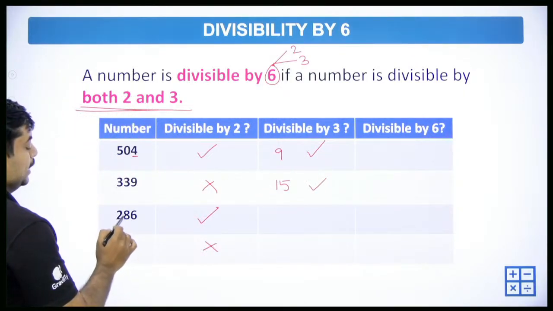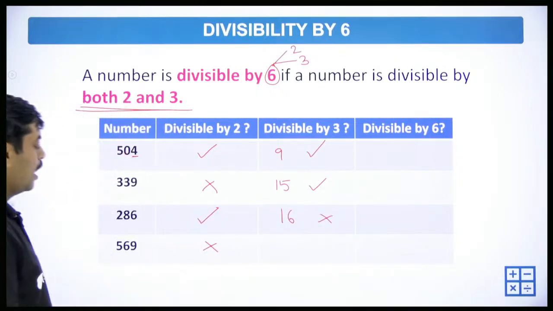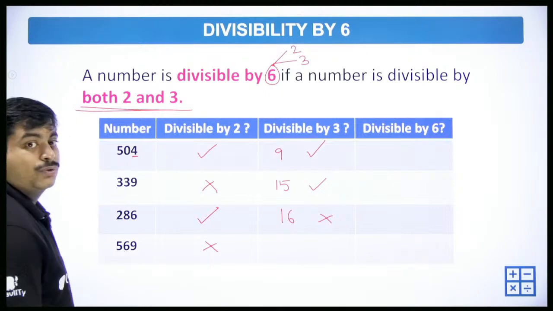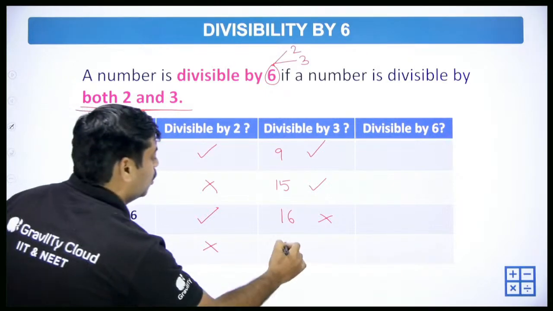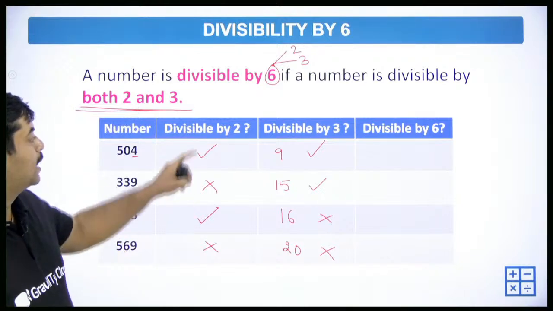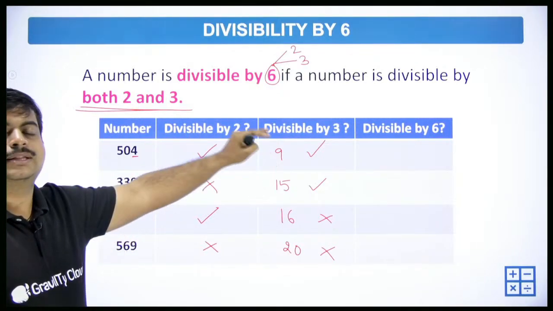2 plus 8, 10. 10 plus 6, 16. It is not divisible by 3. And 5, 6, 9. 6 plus 5, 11. 11 plus 9 is 20. And this is also not divisible by 3. So the point here is 504, when we are taking by 2 and 3, as both the numbers are true,